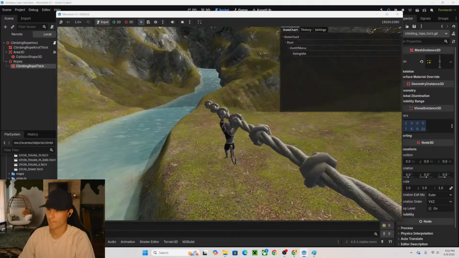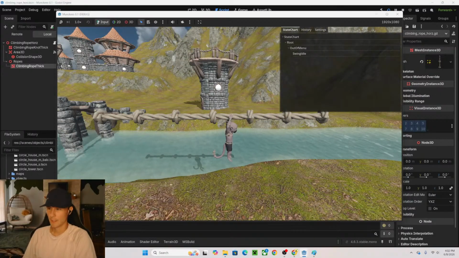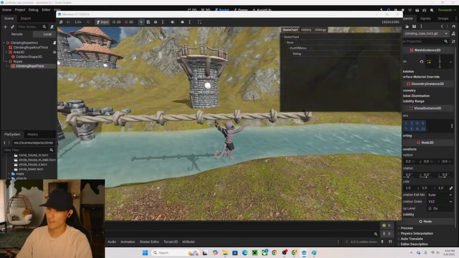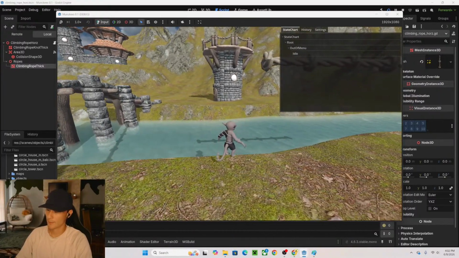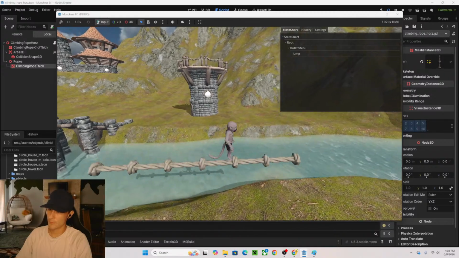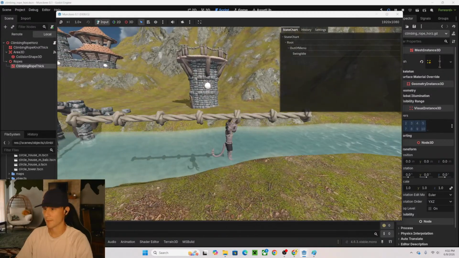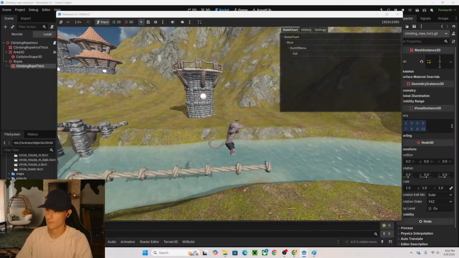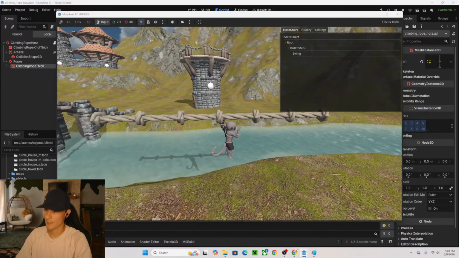Okay. Getting close. Now, based on if the player is moving to the right or to the left. Or we can just say